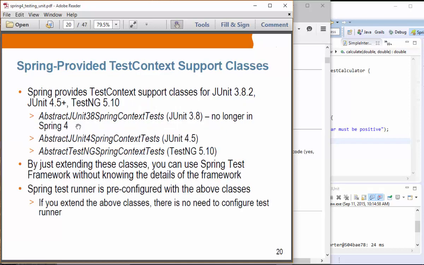runner. Okay, so Spring provided test context support classes are abstract JUnit 3.8. This is JUnit 3.8. So let's actually forget about this. We're going to just mostly focus on JUnit 4.5 and TestNG 5.10. So this is the support class, abstract JUnit 4 Spring context test class and abstract TestNG Spring context test. So just by extending these classes, you can now take advantage of Spring test framework, okay, without knowing the details